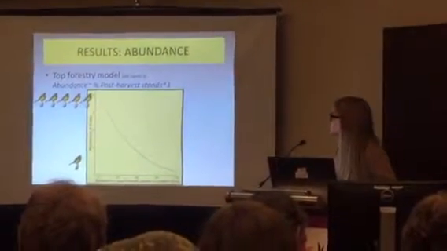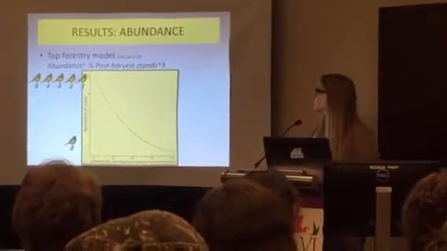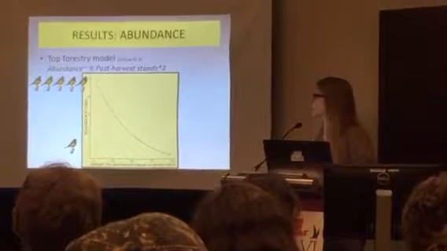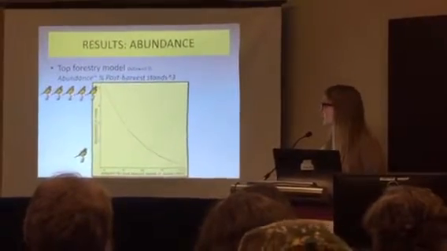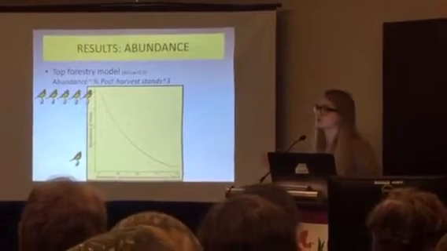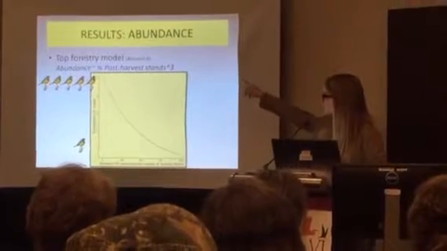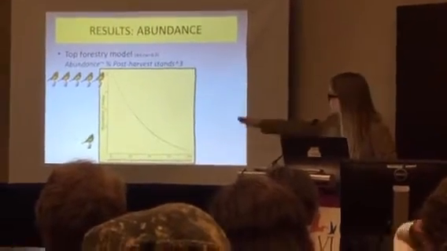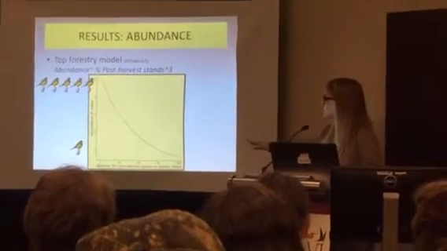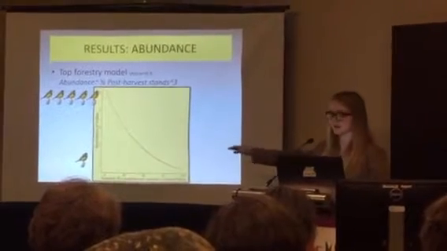And for our last analysis for abundance, we used negative binomial regression to test relative importance of the amount post-harvest stands, the edge density, the age, and the amount of old growth in the forest matrix. And our top model just included the percent post-harvest stands, and this was included as a cubed term. So our abundance of males decreased steeply with increasing amount of post-harvest stands, and then decreased more gradually as we get from about 50 to 100% harvesting in the block, because at that point we only have about 1 or 2 males.